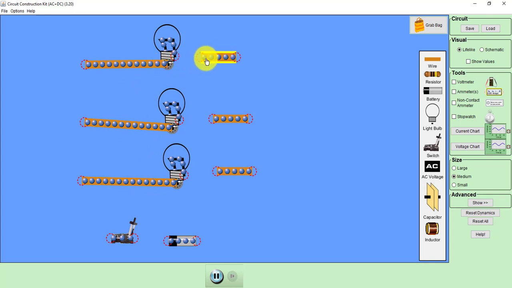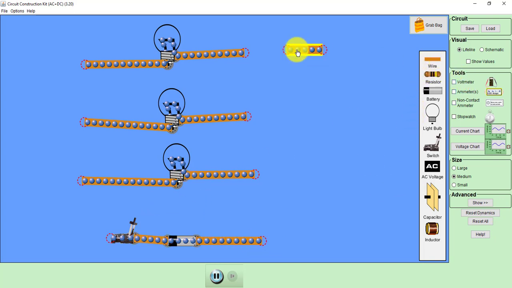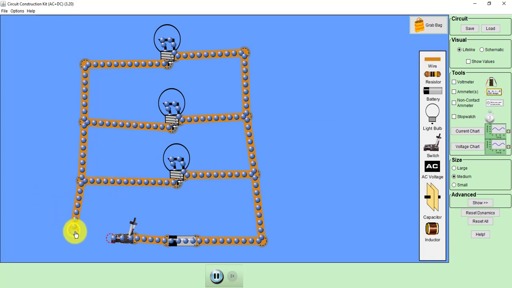Now we have to connect like this. These free dots in wire are the representation of free electrons, as we discussed in the last session. This vertical portion I will connect like this, and finally this side I need to connect. Let us take one more wire like this. So here our connections are over.